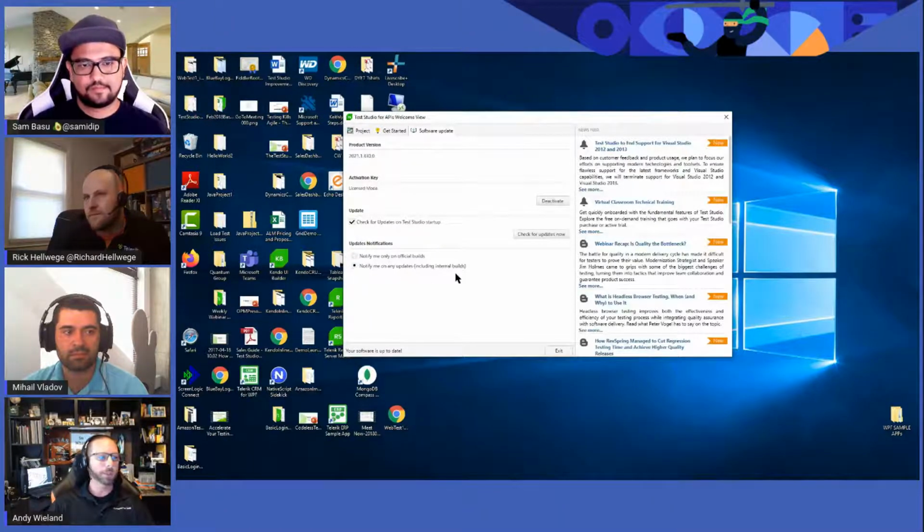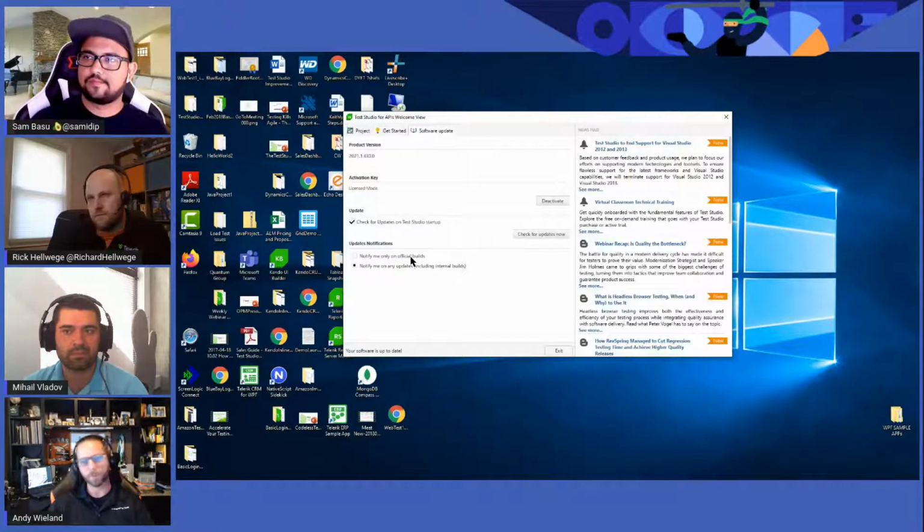Or get into the internal builds. And if you're really focused, especially on web, at getting support for the latest browser versions, you probably want to go with the internal builds. You can think of the official builds as more of the aggregated internal builds. So more of a full release kind of process for that. So I wanted to show that.